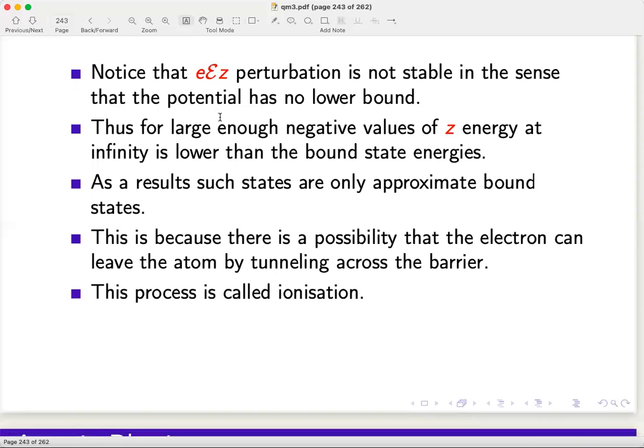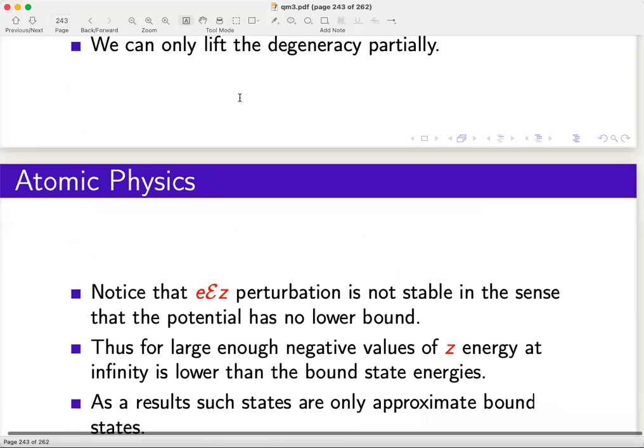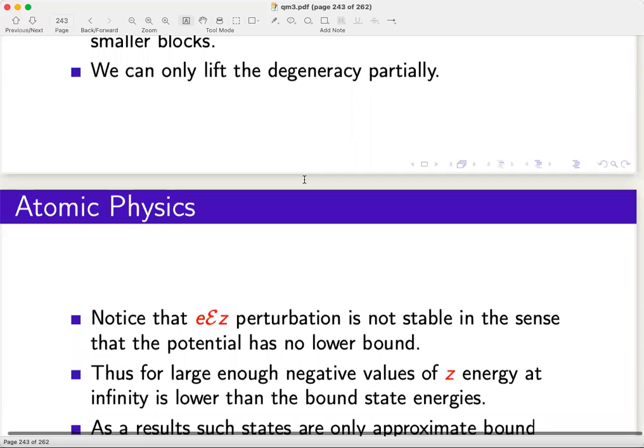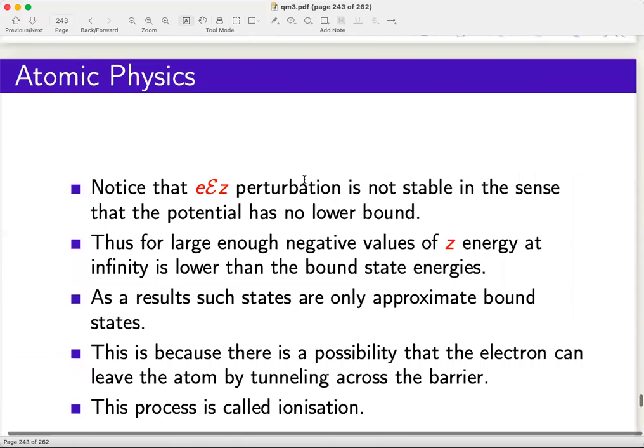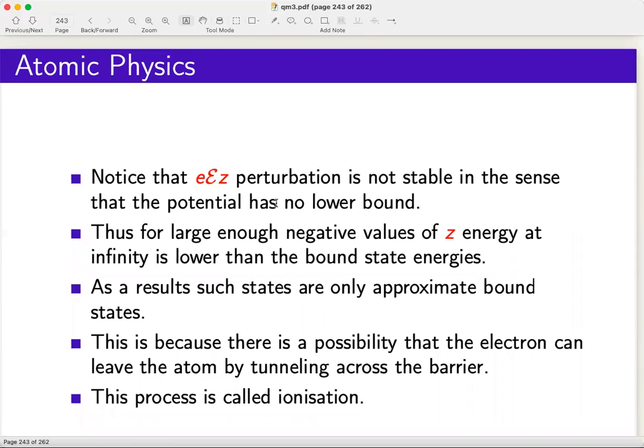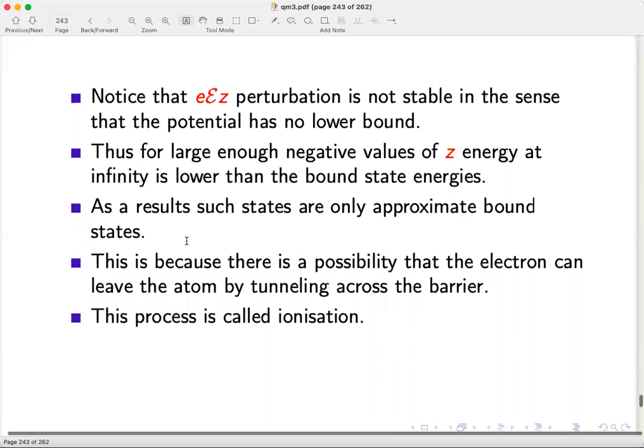So if you put an atom in the external electric field, whatever spectrum we studied by solving these kinds of problems consists of approximate bound states. One really needs to ask under what circumstances this bound state would be unstable. And of course, whenever the bound state is unstable, that would mean that